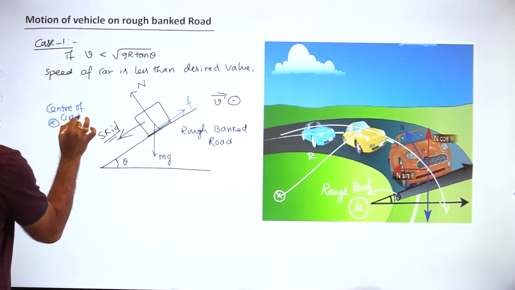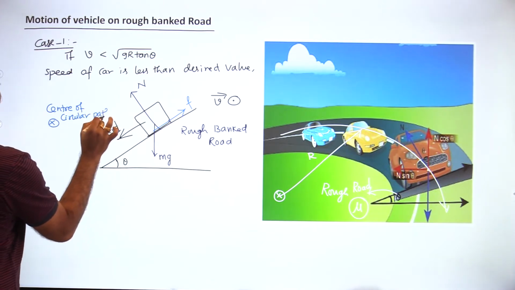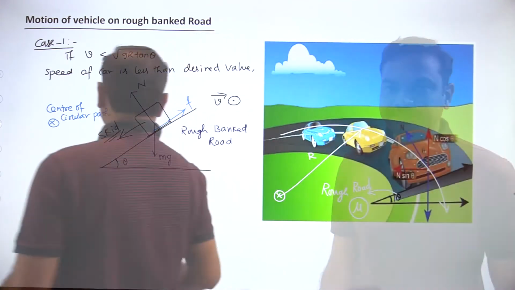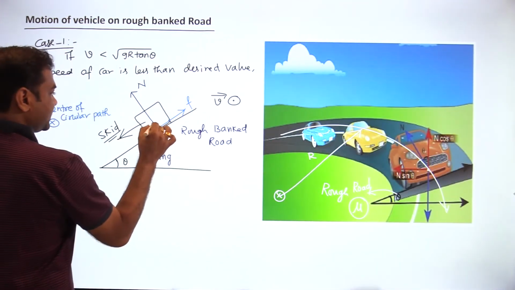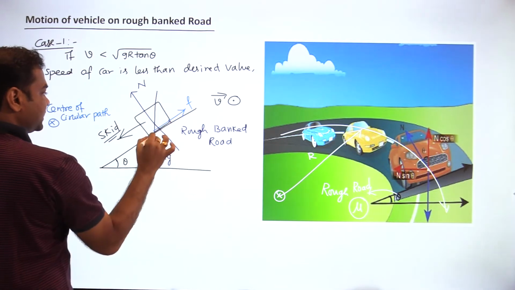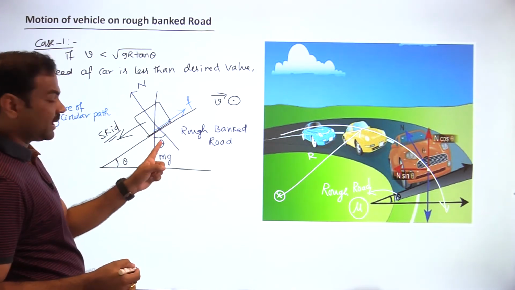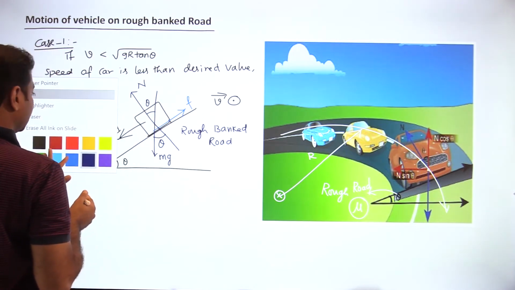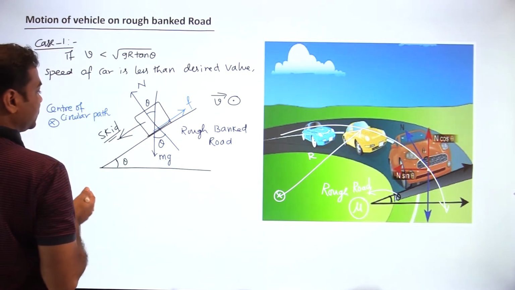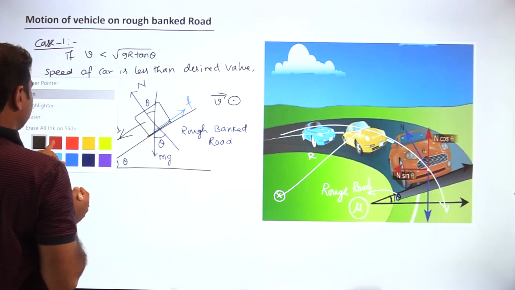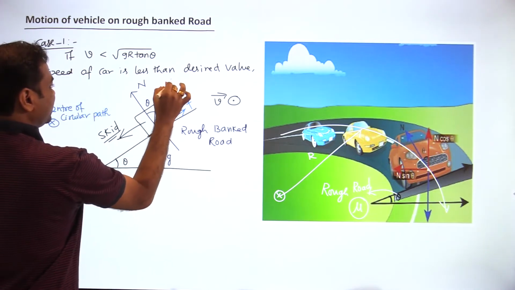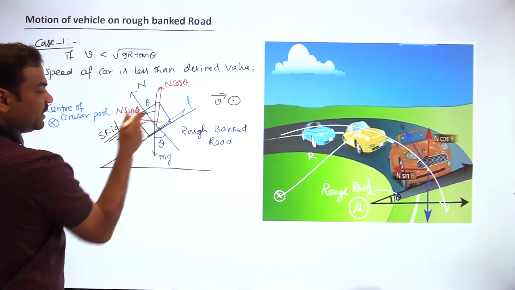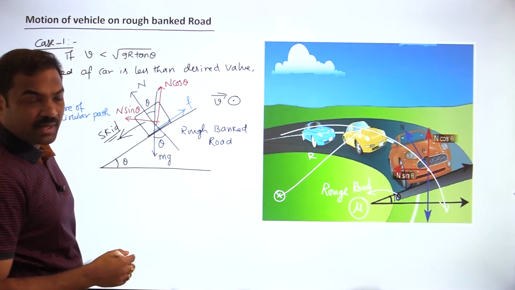Can you write down what the centripetal force is for this? Try for this. What is the centripetal force? So I am doing it. Let us say I am extending this angle and this line, this angle will be theta, 90 and theta, and this angle also will be theta. So I think no need to explain this. And what are the components? I can write N cos theta upward, N sin theta towards the center. So this is as it is with the smooth banked road.